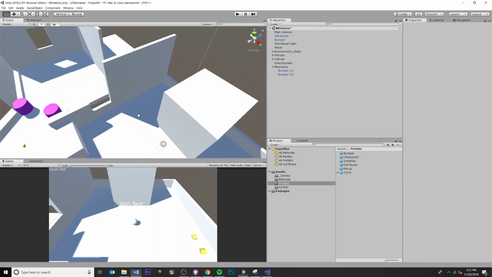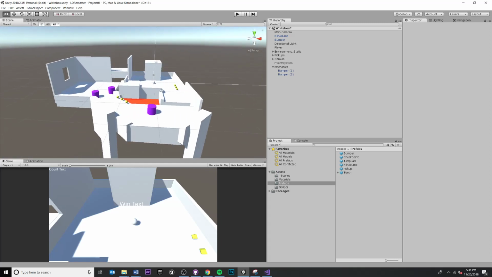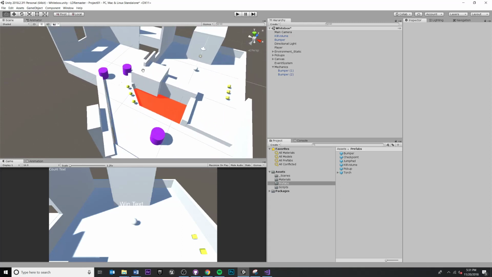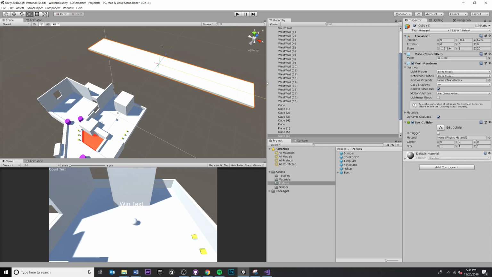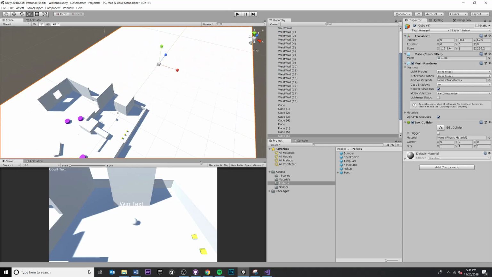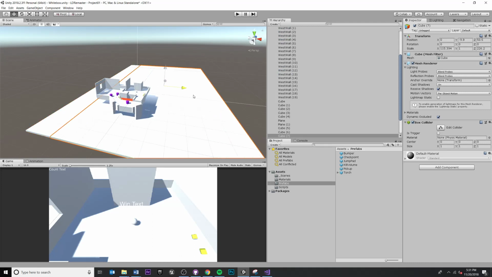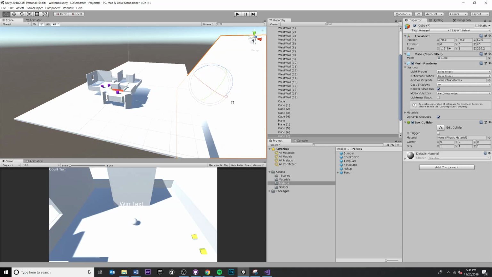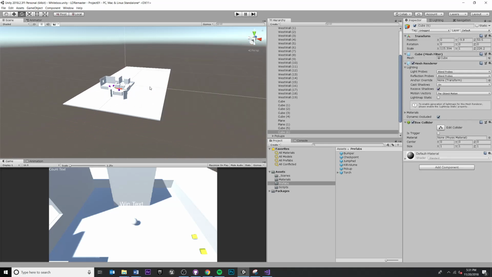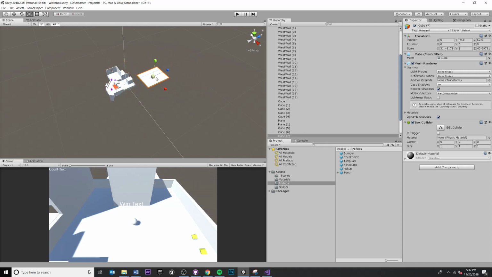So with that out of the way, one last thing I want to mention before I keep saying last thing. Avoid gigantic pieces of geometry. Like, let's say I had a plane that was like this, and I tried to bake lighting on it. It will take a very, very long time to bake. So all these gigantic pieces, these background pieces and whatnot. In general, if you can, it's better to break out your really large pieces into little chunks, kind of